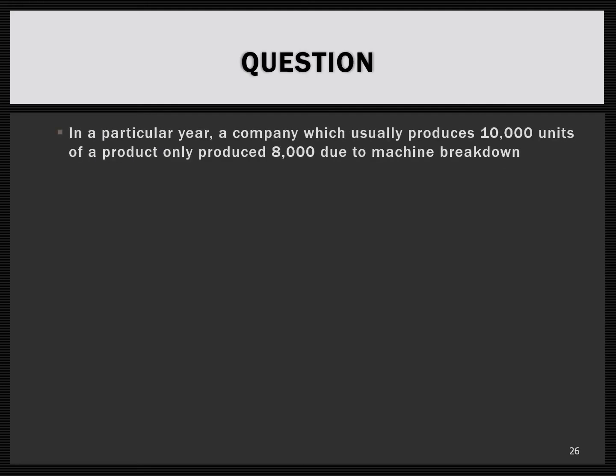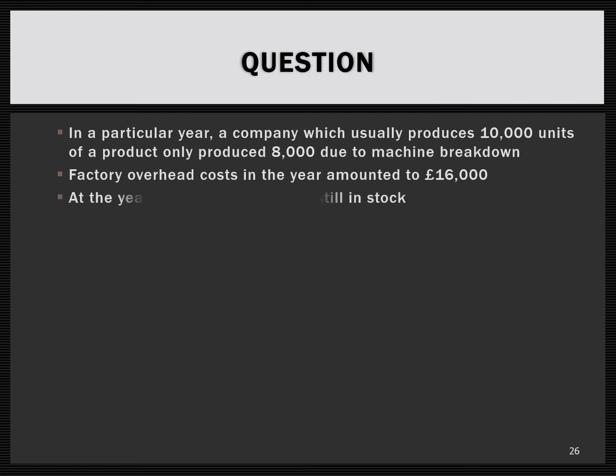So here's a quick question. In a particular year, a company that usually produces 10,000 units only manages to produce 8,000 because of a machine breakdown. Factory overhead costs in the year amounted to £16,000, and at the end of the year 2,000 complete units were still in stock. Remember, if the units are only half complete, you have to convert them into the equivalent number of completed units. So if these 2,000 units were only 50% complete, that would make a completed equivalent of